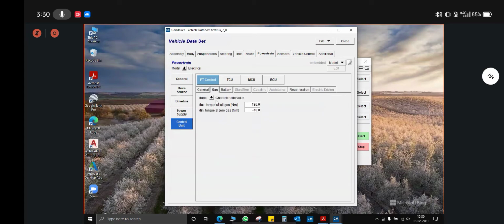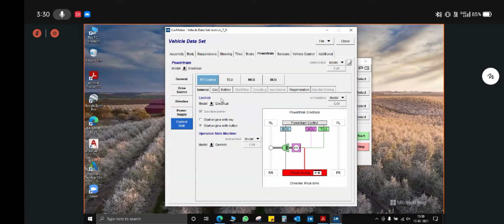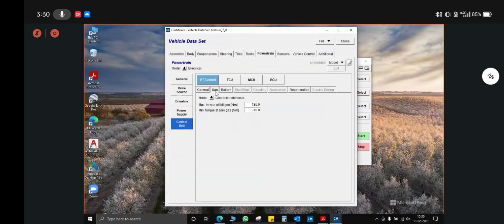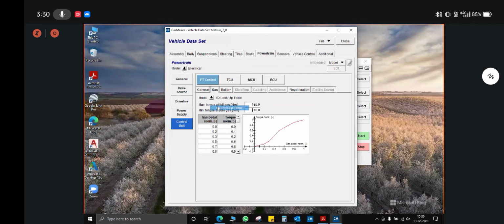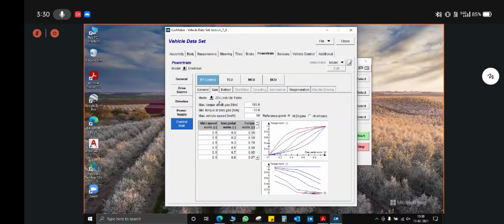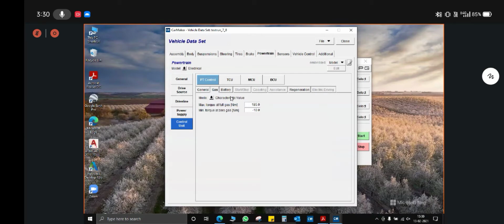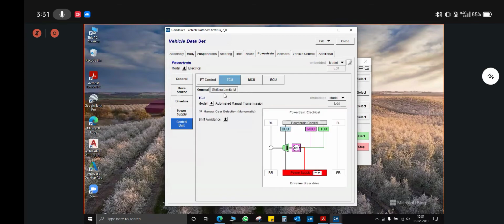Then the battery. You can deselect this option. Brake regeneration also you have to deselect. And then the TCU. For TCU, keep the model not specified. Okay. And then for the MCU, don't select not specified, but do select basic. And here torque controller PI values and speed controller PI values you will have to define, but don't select not specified. It might show an error during the simulation.